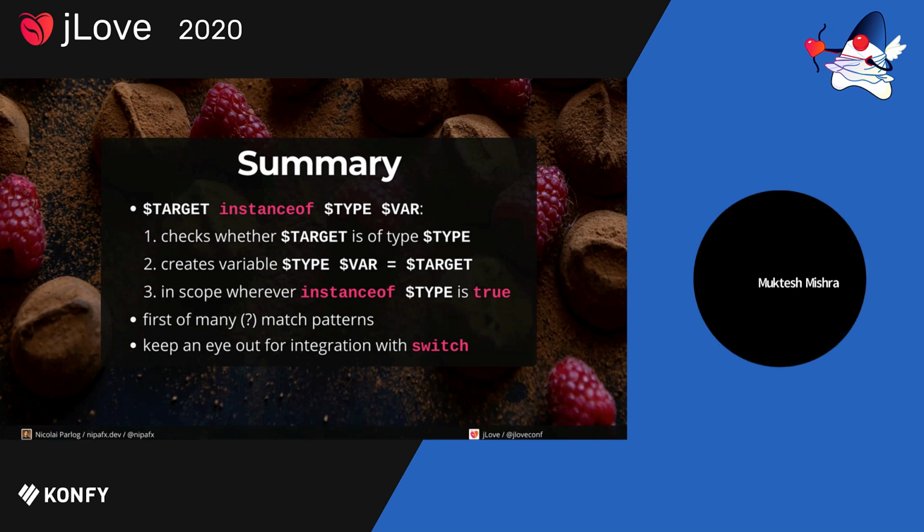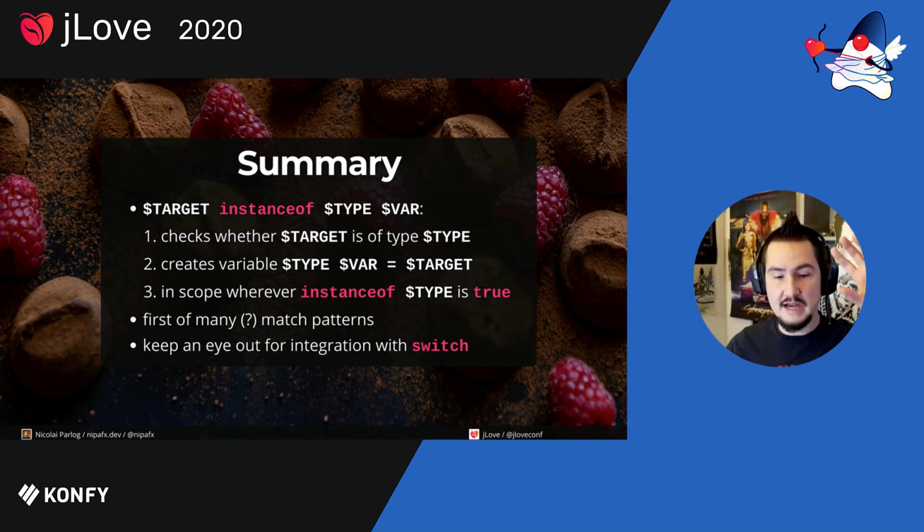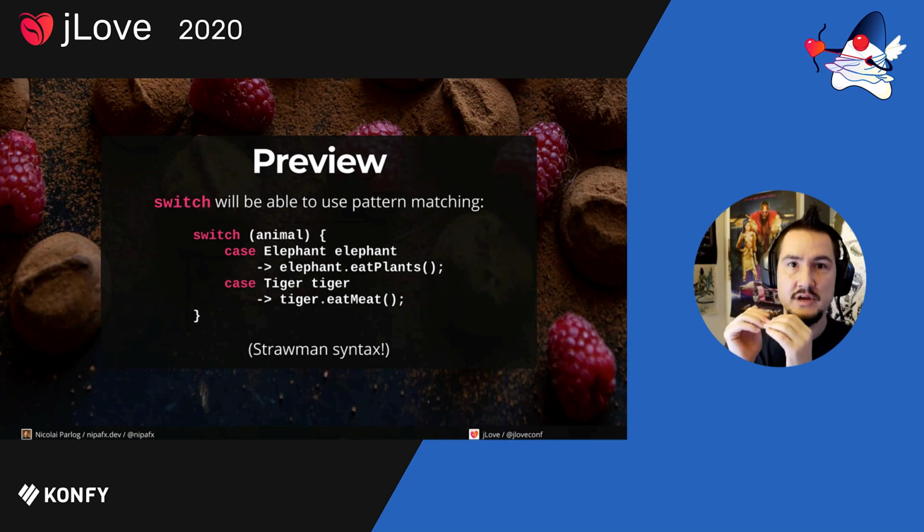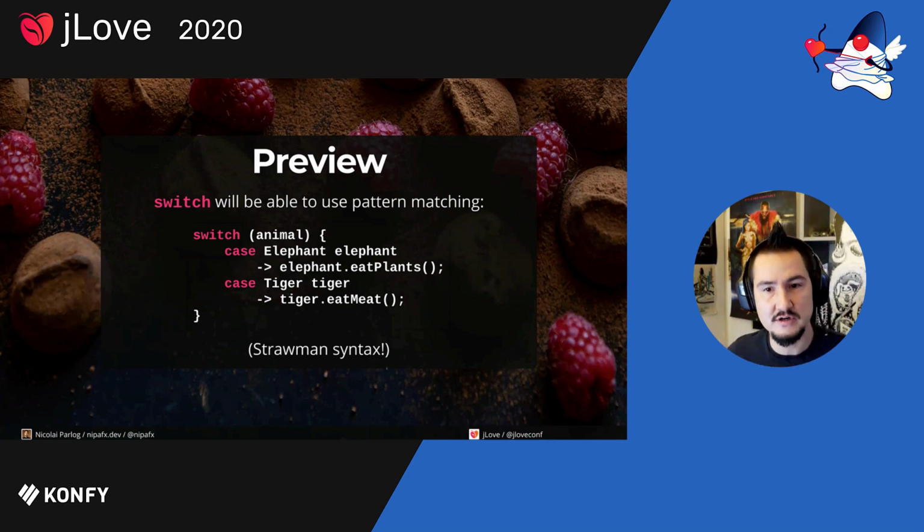Got it. Thanks. Okay, and what I want to show you now is how this could integrate with switch in the future. It does not yet do this, and it might not do it in this specific way, but this is how it could look in the future, where we can switch over a variable and use type names as basically like a case label. So we can say, in case this is an elephant, then do this,